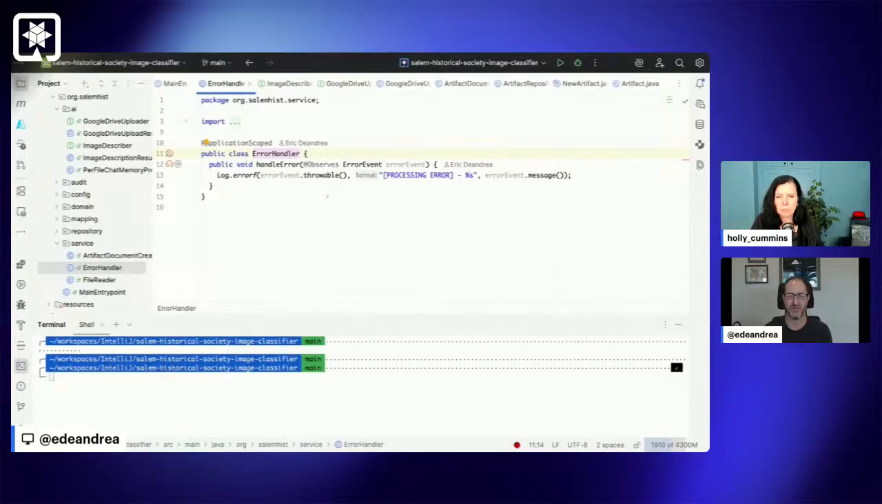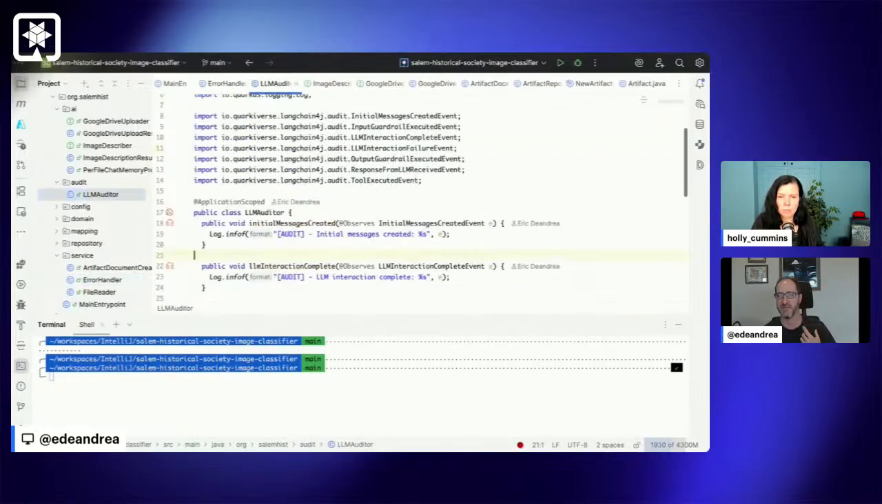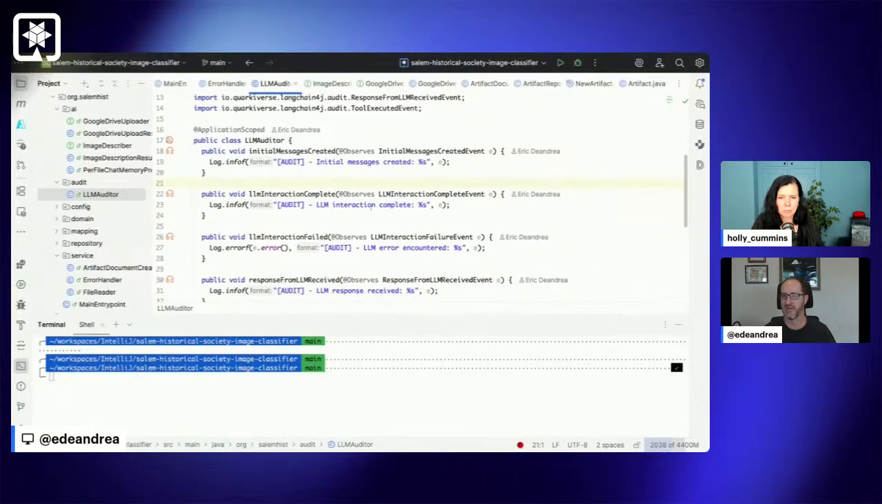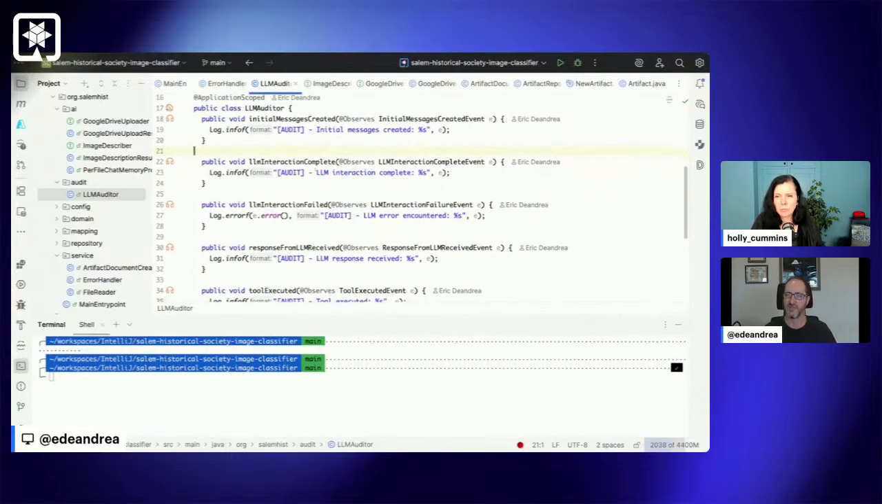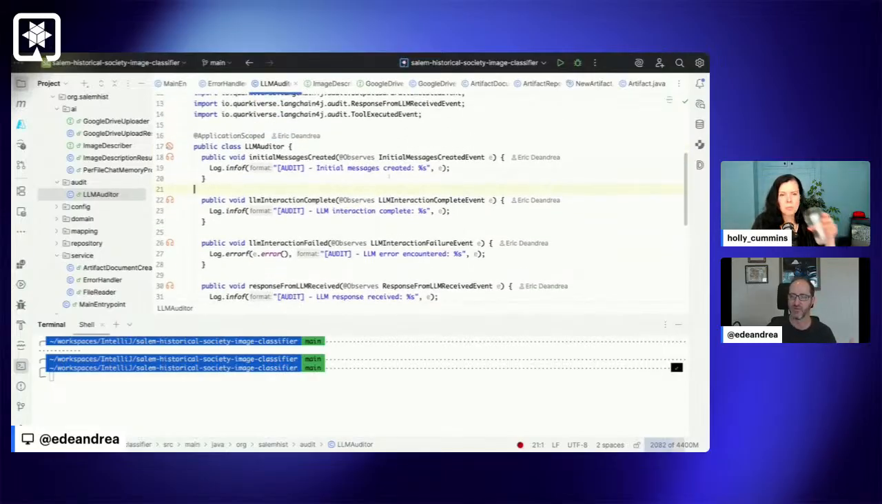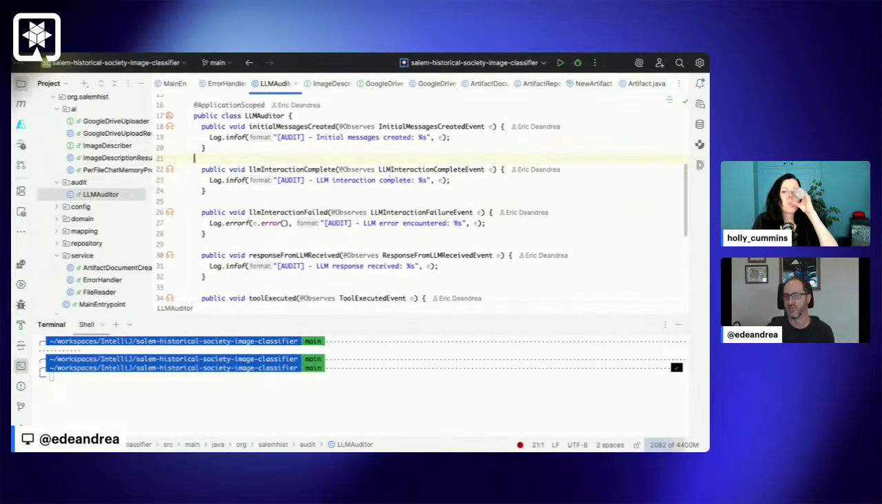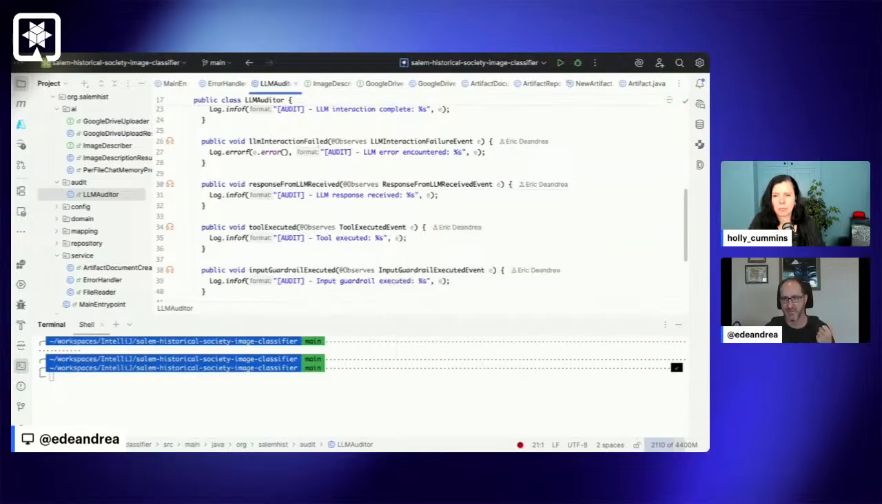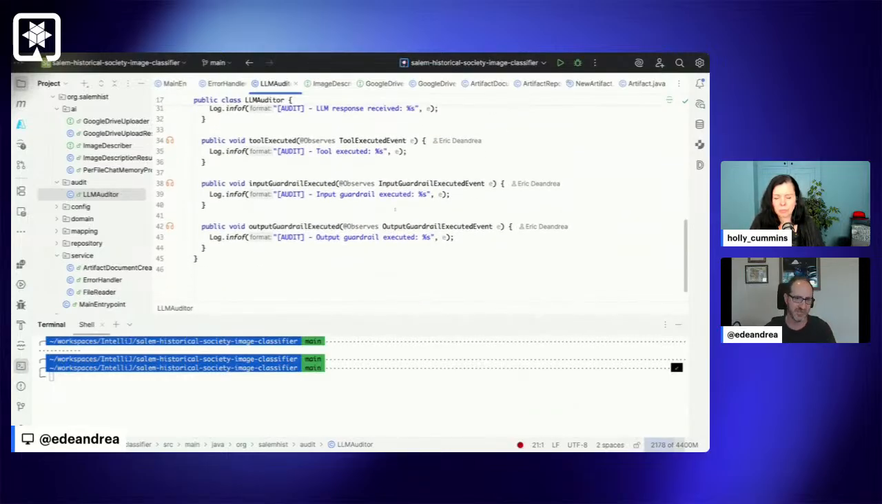That's still being built out. Same with auditing. So this kind of goes back to, did I get better or worse? I need a way to track over time. I haven't built it out yet, but Quarkus LangChain4j exposes all these events as they happen. So, before it creates the initial AI service, or when an interaction with the LLM completes, or fails, or whenever a response from the LLM comes back, or whenever a tool gets executed, or guardrails get executed,